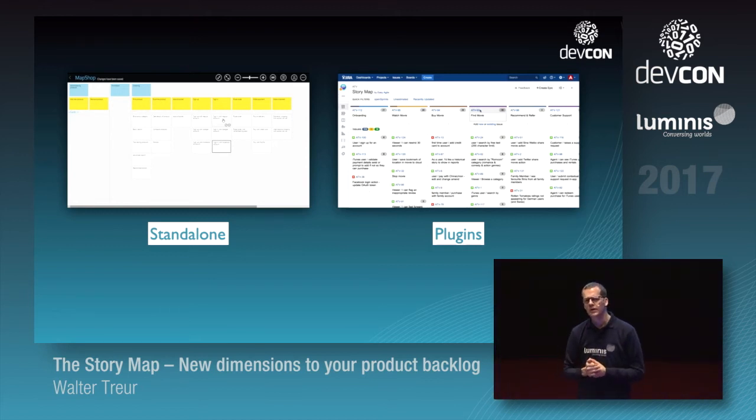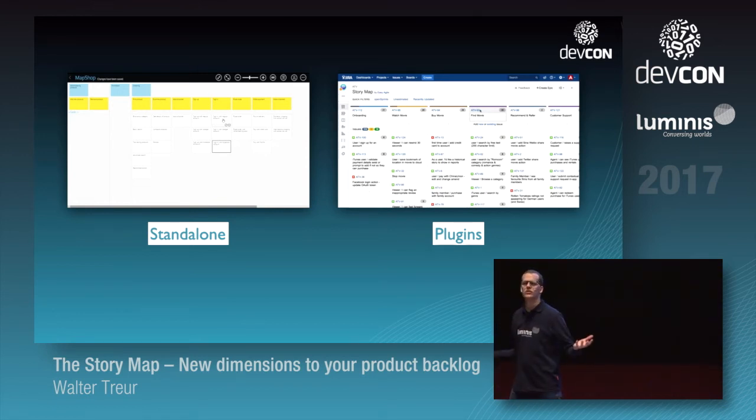So if you have a huge backlog with a lot of stories in there, a lot of product backlog items, there might be a bit of an overhead in having a standalone tool when you have to type everything all over again. So then I would suggest try to look in one of these plugins because that takes away some of that burden. The downside is that you lose the flexibility when you're using a standalone tool and use it as a way to